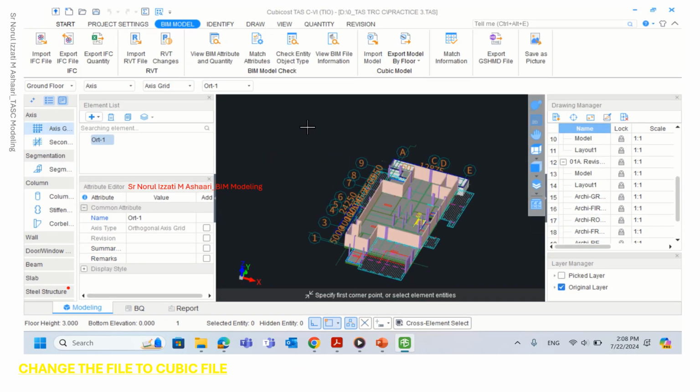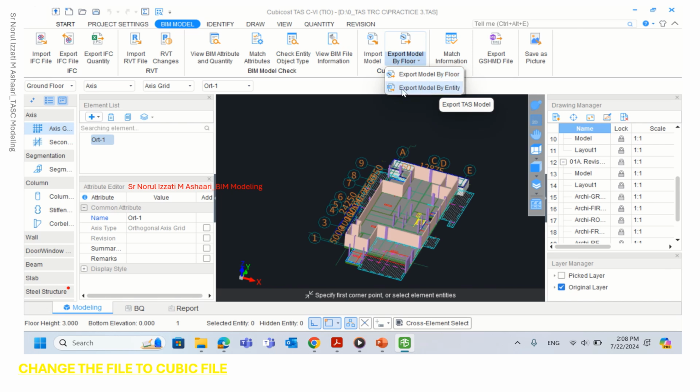Okay, in order to export the drawing or the model from TS to TRB, you can go to the P model tab on the top. You can see on the right hand side here, we have export model by floor. There are two options. The first one is export model by floor, and the other one is export model by entity. For our case, we would like to export the model by floor for all. That means for the whole building, for the whole area that we already measured.